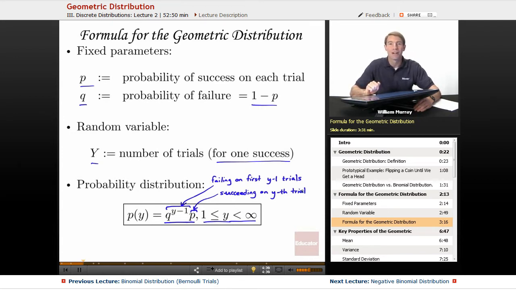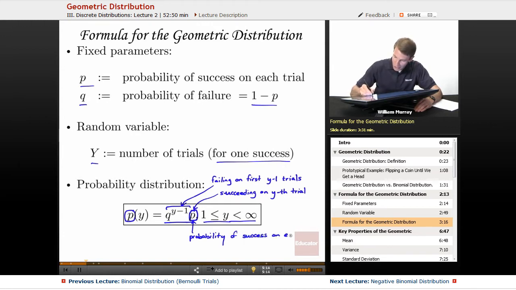Word of warning here, we have the same bad notation here that we've had for a lot of our other distributions and a lot of our other formulas in probability, which is that we're using P to represent two different things here. So this P right here and this P right here are two different P's. That P, remember, is the probability of success on any given trial,